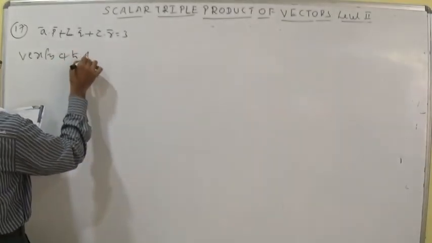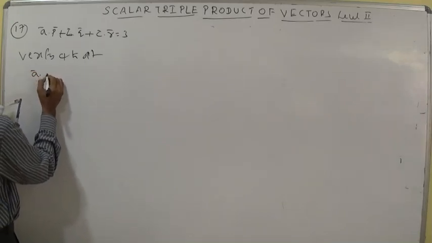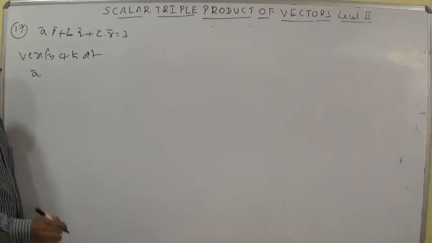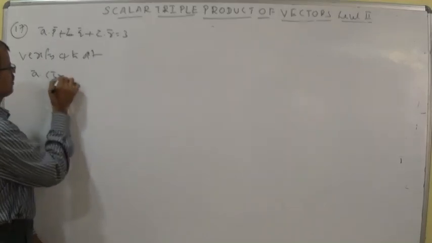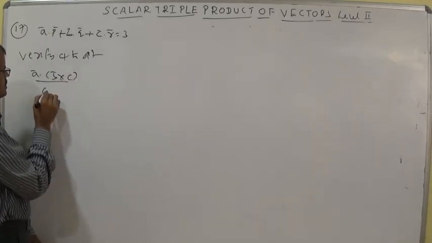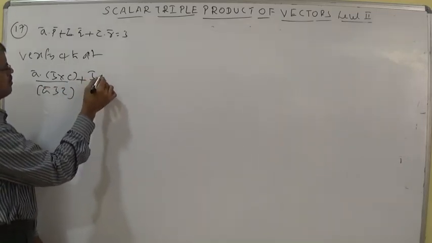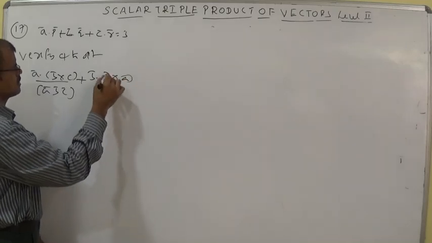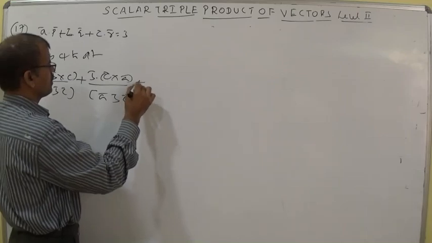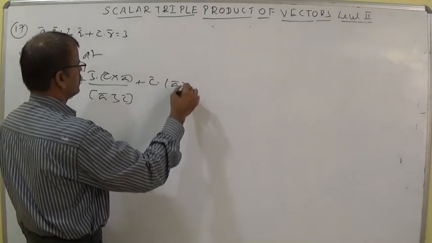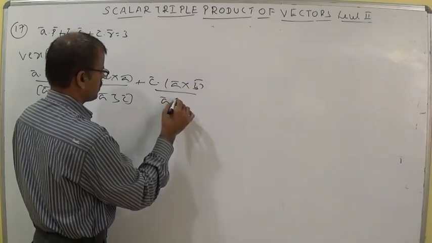Verify the fourth option, because we know the reciprocal system values. This is the last question. A bar dot P, the reciprocal system value, B cross C by box ABC. And here you can write B bar dot C cross A by box ABC. And C bar dot A bar cross B bar by box ABC.